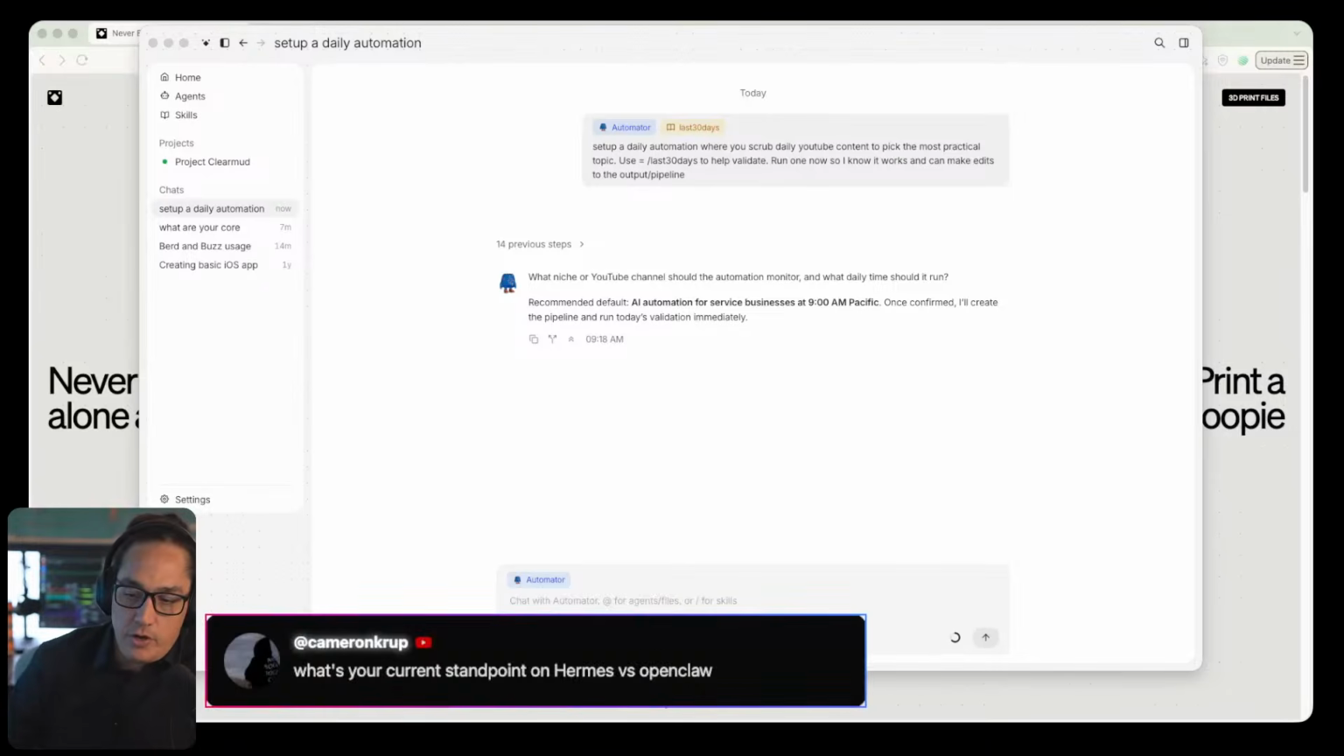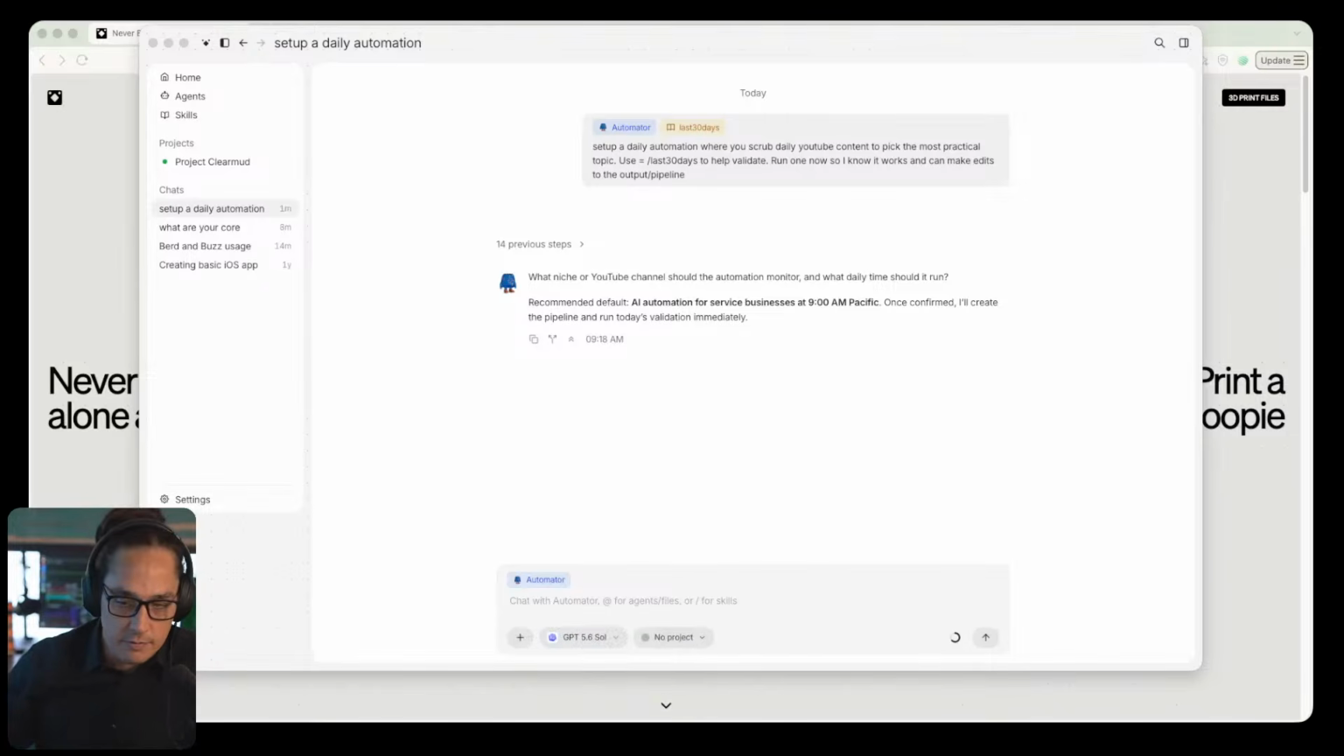My current standpoint on Hermes versus OpenClaw. Contrary to a majority of people, I still prefer OpenClaw over Hermes. I have a better experience in OpenClaw. Now, I'm not saying Hermes is bad. I use Hermes for client work as well as deploying in client setups, right? Building custom Hermes solutions, automations, etc., agent teams for clients. I still use Hermes first and foremost